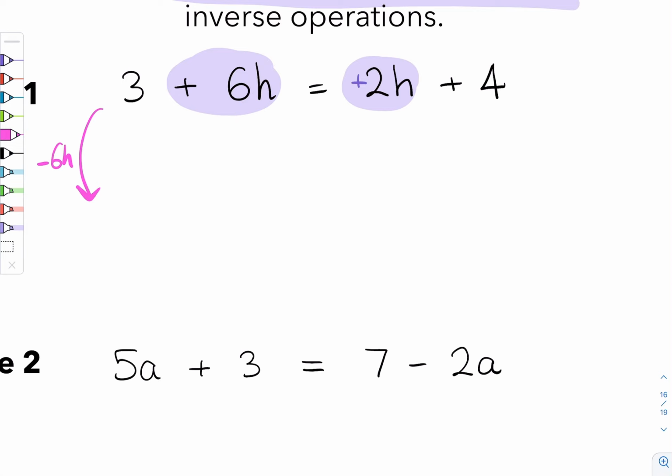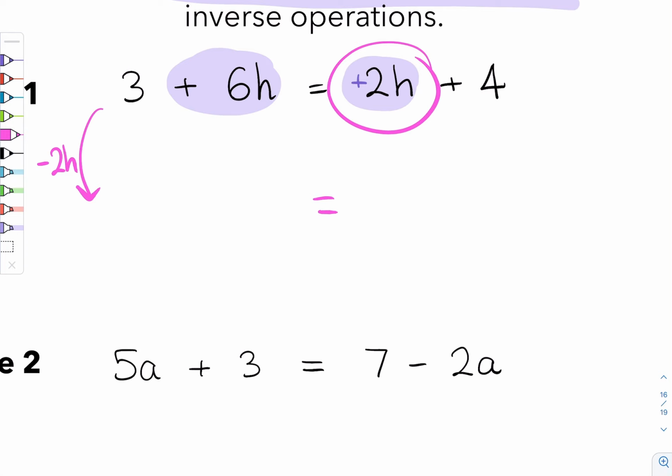Or I've got another option. Instead of removing 6h, I could remove 2h's. So if I take away 2h's, then this component turns into a 0, and that leaves me with a 4 on my right-hand side. Which do I do? Both are going to be valid moves to start, but one of them is going to make less work for ourselves down the road. Basically, the trick is